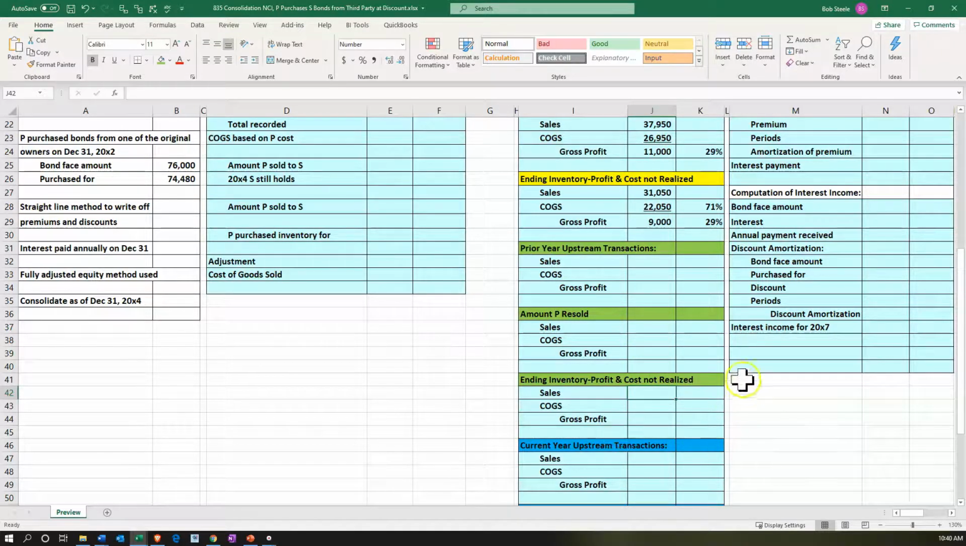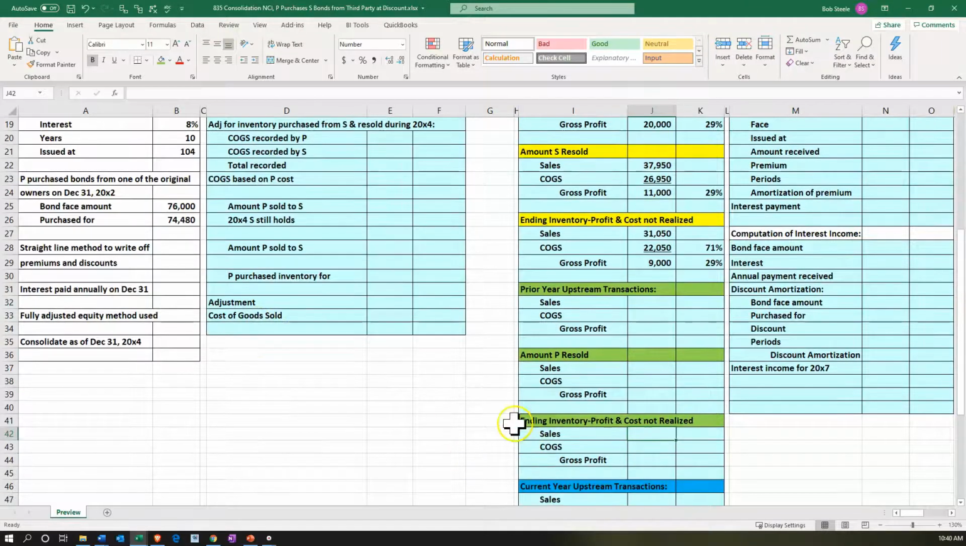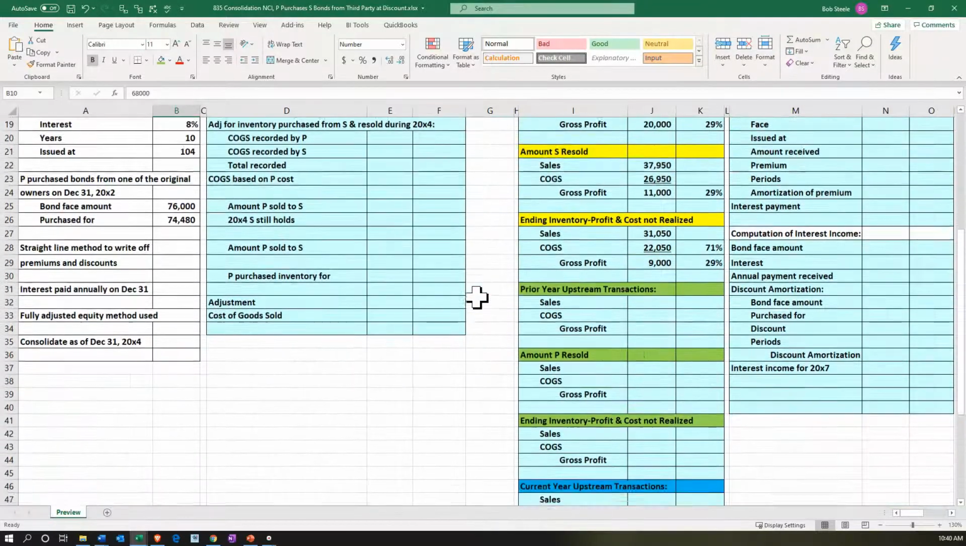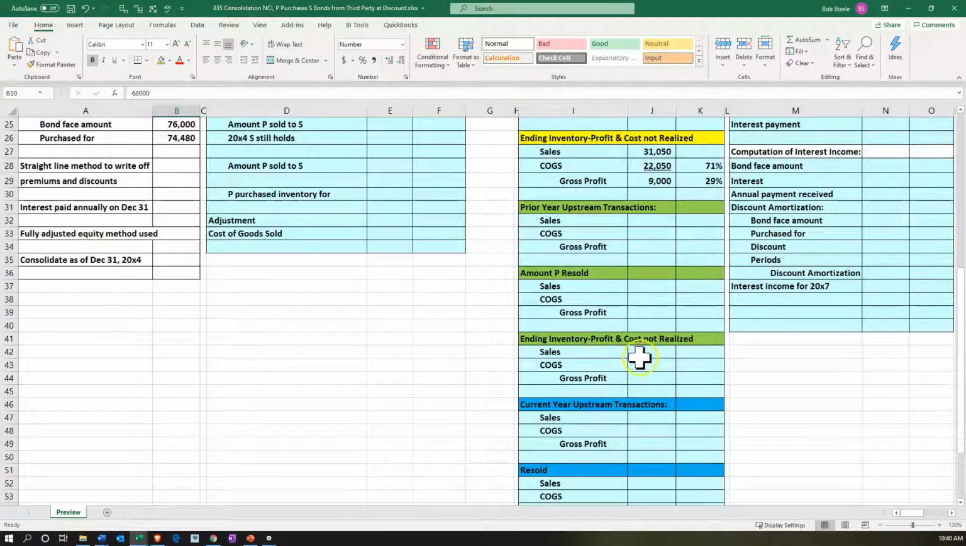This is typically the amount that we really want down here. But in this case, they basically gave us this bottom line number. They gave us the amount that was resold, inventory transferred from 2000. So we're going to say this is the amount that was resold. So I'm going to jump down to this last component and just say, all right, this is the